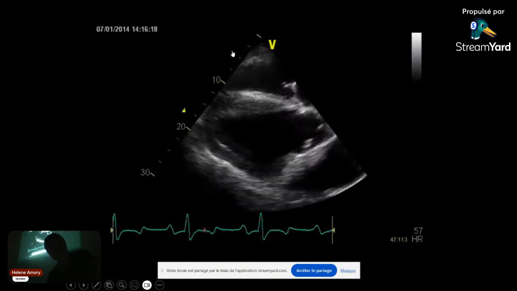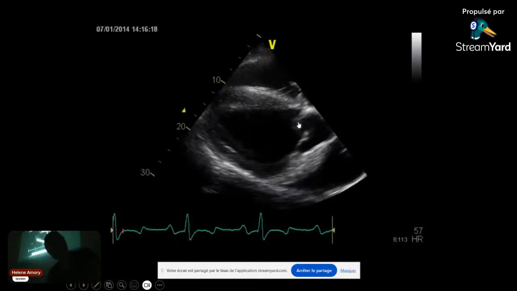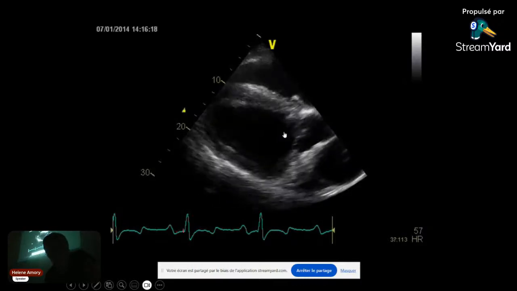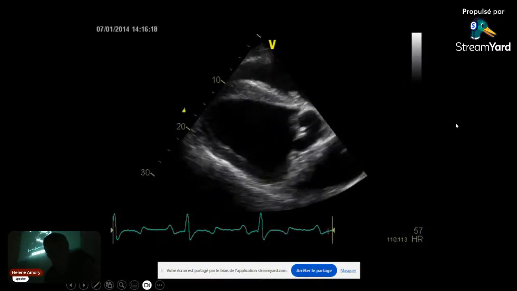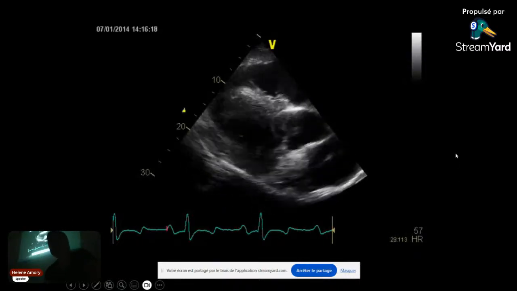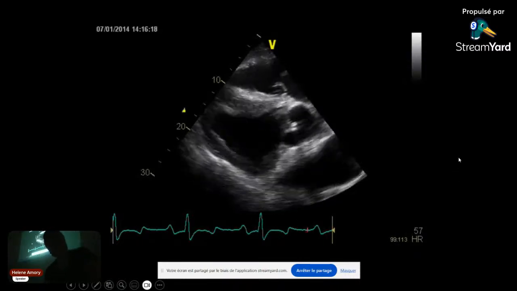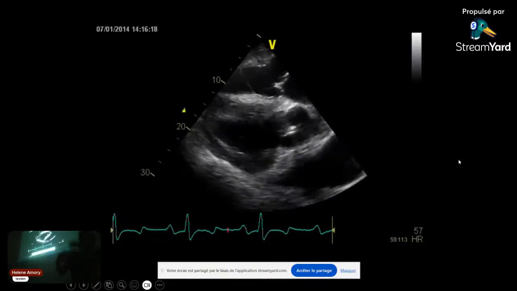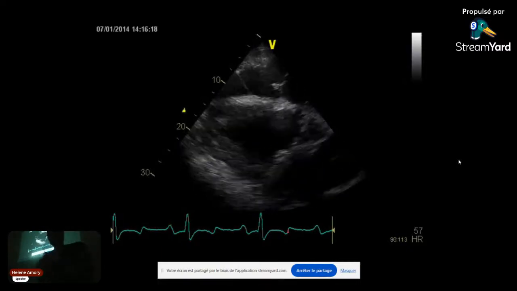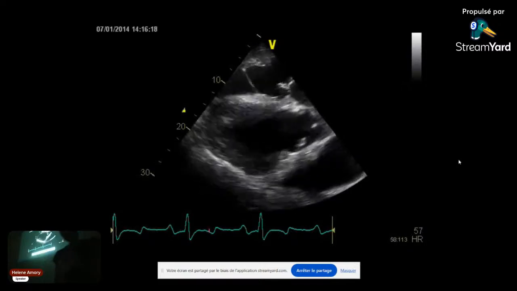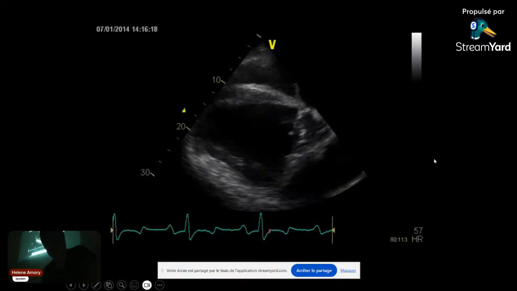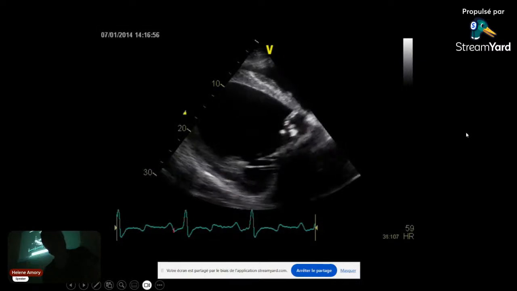Okay, the ventricle contracts too much, and we saw it already in the other view. But indeed, here we have a suspicion of a suspect thickening of the aortic valve. It could be just remodeling of the valve with severe degenerative disease of the valves. It can occur in aortic insufficiency. We sometimes do see that, but here it's suspect, okay, and it could be endocarditis.